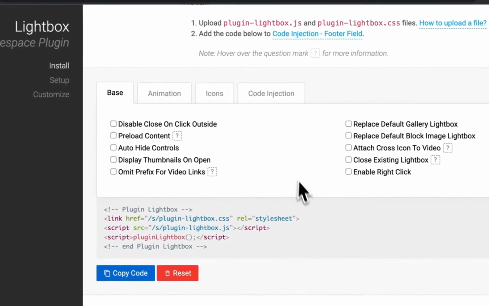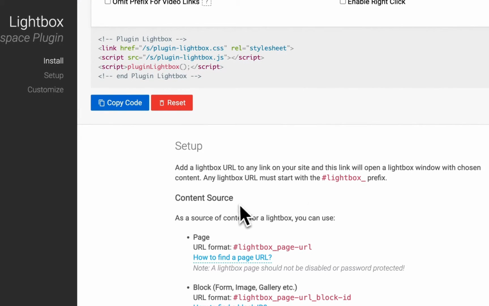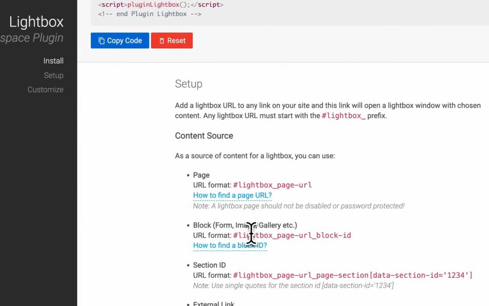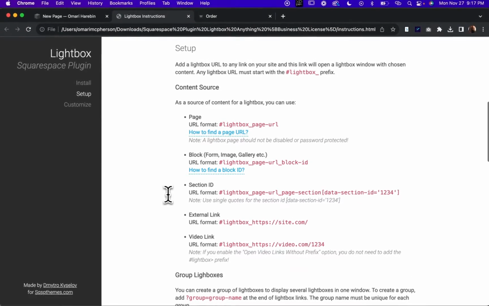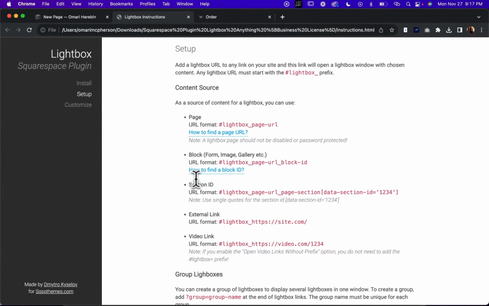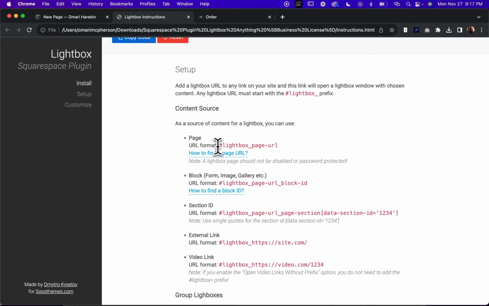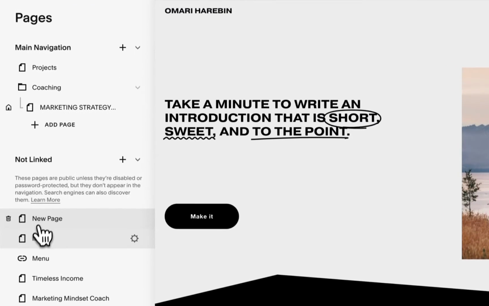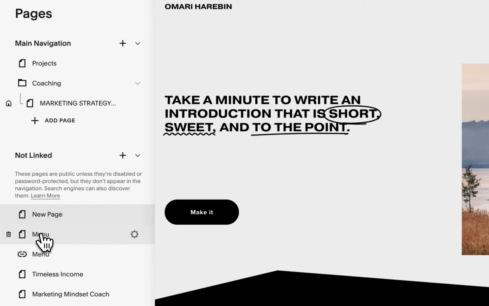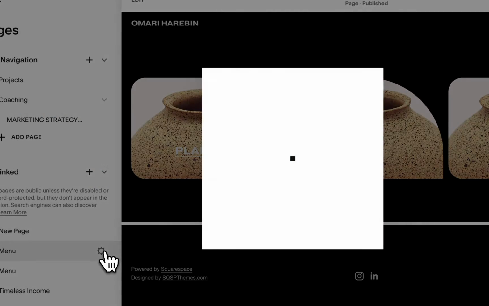And for this demonstration, I'm going to Lightbox a page. So there are different content sources that we can Lightbox: pages, blocks, section IDs, external links, and video links. But I'm going to start with a page. And the URL format that I'm going to use is hashtag Lightbox_page URL. So for the page that I'm going to Lightbox, I'm going to use this page called menu, and the URL